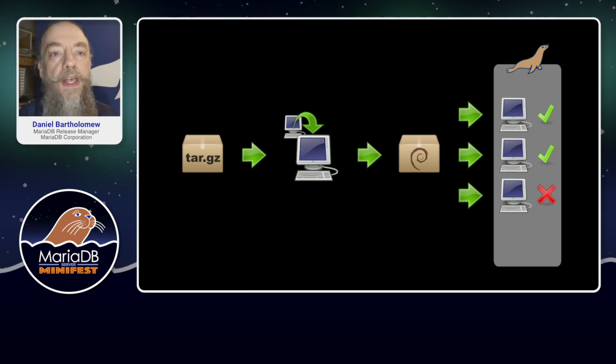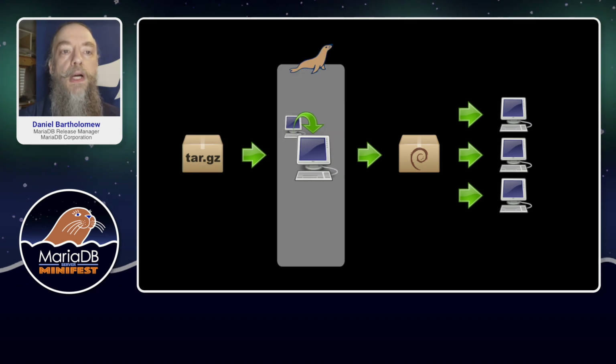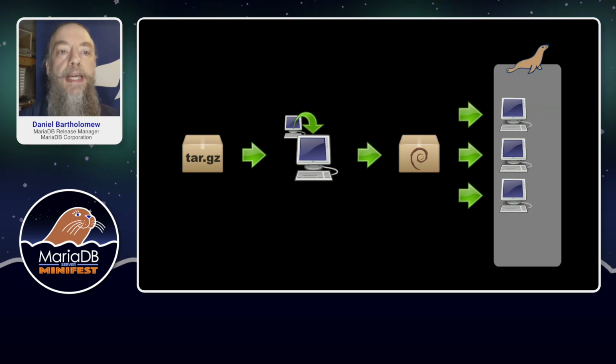And the various tests will either pass or sometimes fail. But failures are okay because the developer who made the commit will see the failure and make a new push into the source tree, and the whole make a tarball, farm out jobs to the workers, build packages, and test, that whole loop will repeat. And hopefully this time, all the tests will pass.